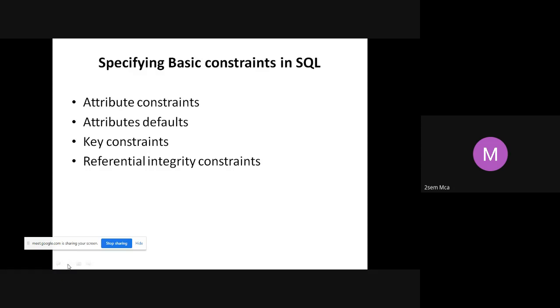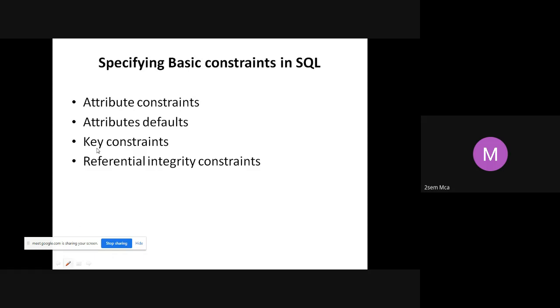So let me begin with where we stopped in the last class. Today's class we'll be discussing the basic constraints in SQL. When we talk of the basic constraints, there are attribute constraints, some attribute defaults, and then key constraints, wherein we talk of the primary key constraints and all that, and then referential key constraints, where we discuss the foreign key.